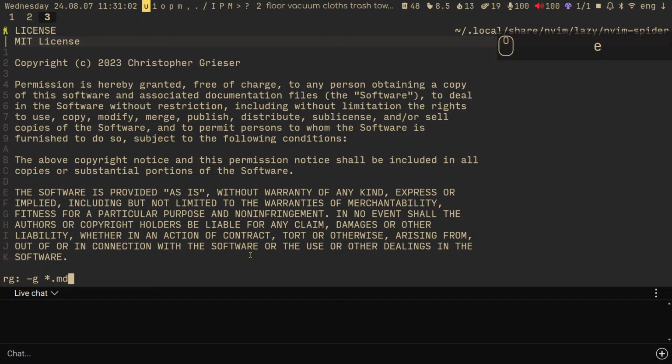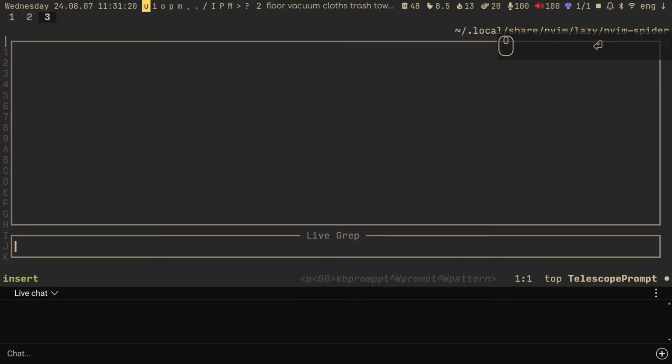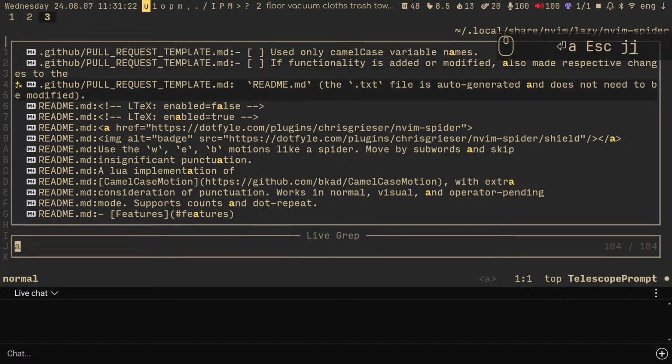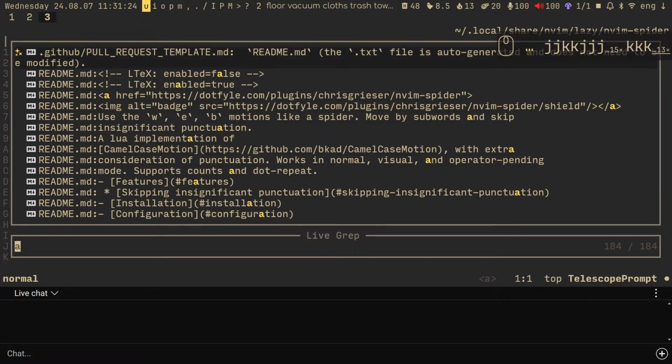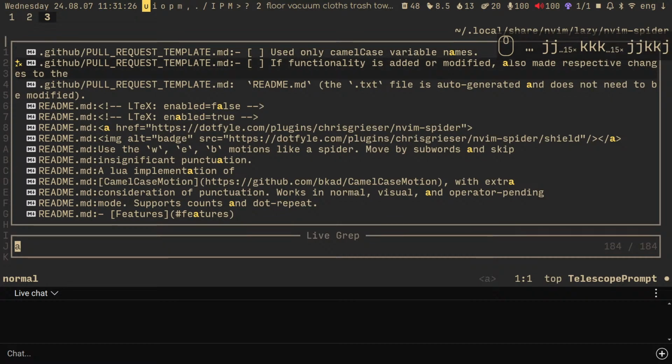But this is not specific to what I made and am showing off to you. This is just rg flags. Straight up, you can use them in your terminal. I just made it so I can actually use them in Telescope Live Grep. So let's search in Markdown for A, I don't know. And here it is. It is even matching the markdown files in